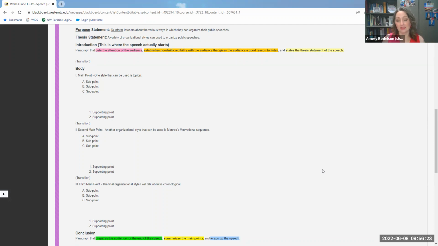The other part of it is then citing your source in MLA or APA format in your outline that you give to me. I use the outline as I watch your speeches just to see if you're sticking to your content, if your structure is solid, and I use it to grade the content because there are over 50 of you in this class. After I watch all of the speeches, sometimes everything blurs together and I need a reminder of what everybody has written and how it's put together.